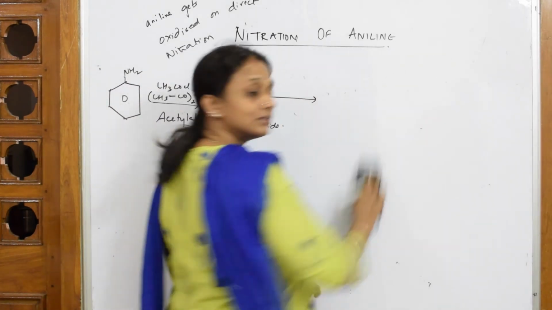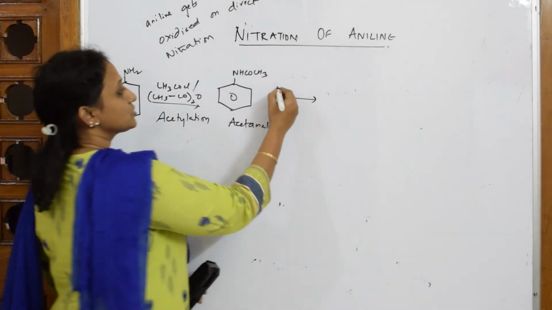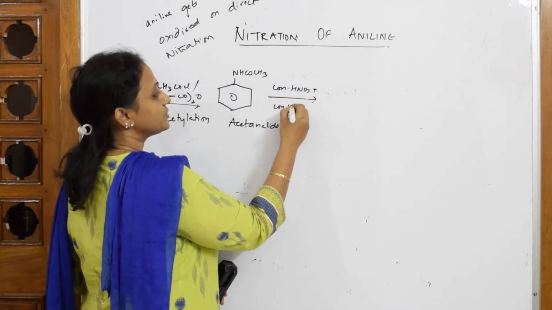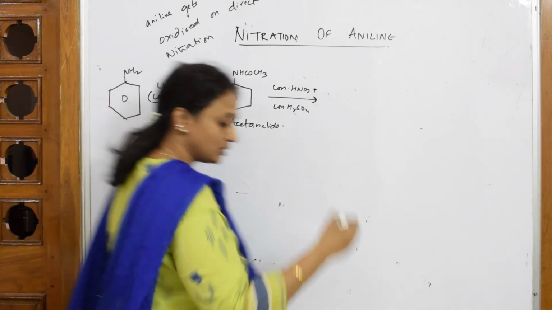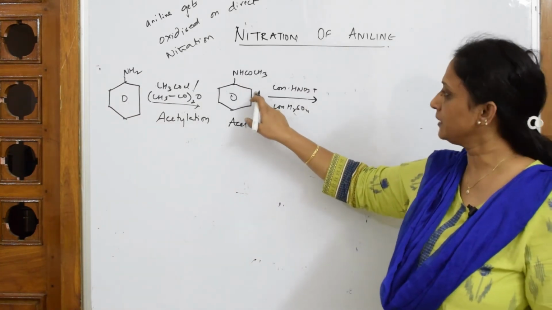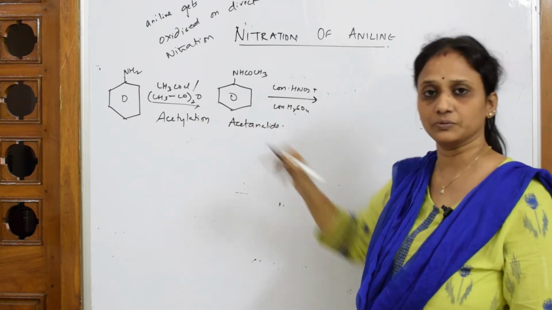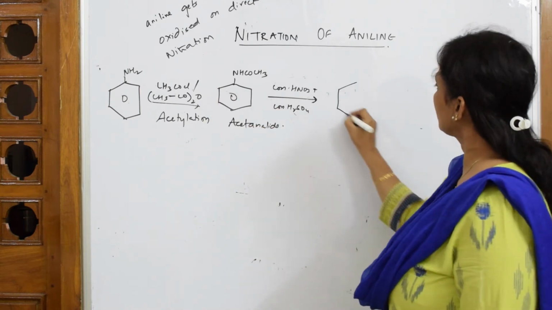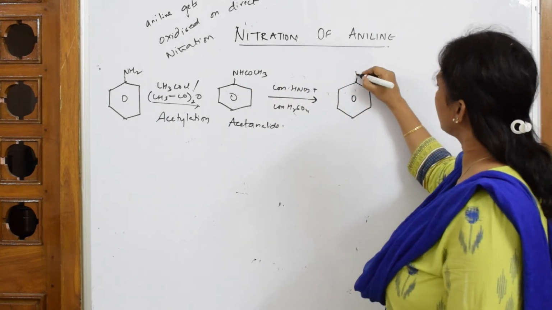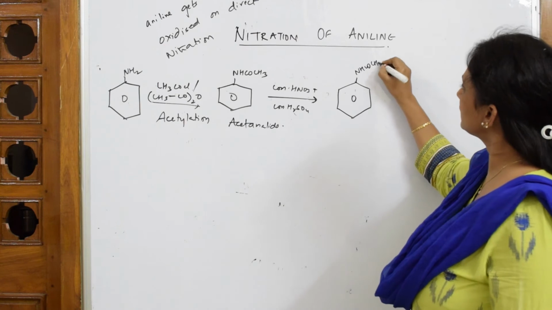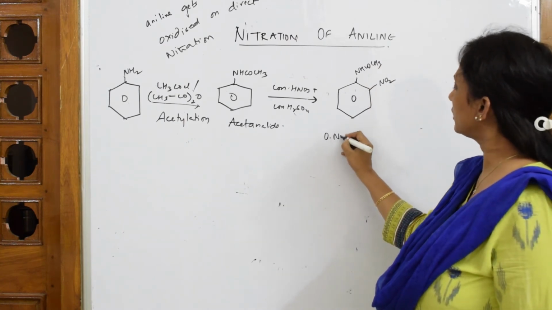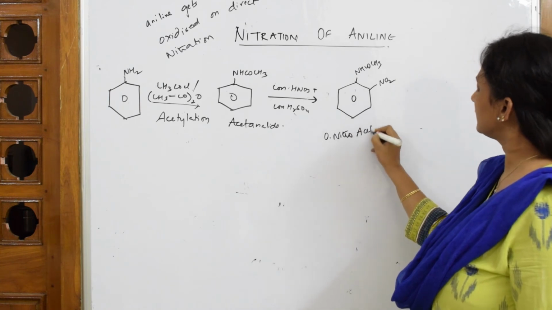Now to this acetanilide I'm going to introduce the nitrating mixture, which will supply your NO2. So you are going to add concentrated HNO3 and concentrated sulfuric acid. When you add these two, the electrophile NO2 will go and occupy the ortho and para positions. You'll get both the products, because of resonance; we have already seen this is already locked, NHCOCH3. You get one at the ortho position. This is ortho nitro acetanilide